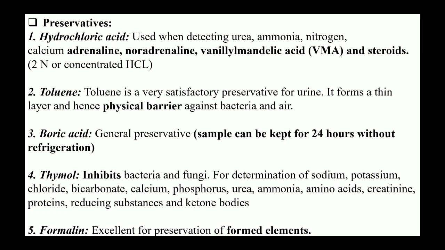And lastly, the formalin. You know from your anatomy practical classes that all viscera are kept inside formalin, because formalin preserves the cellular structure of tissue. So if we are looking for formed element analysis in a urine sample, then formalin can be used, because it preserves the formed elements. Formed elements means the RBC, the pus cell, the epithelial cell, or many other types of cells. So in that type of preservation, formalin can be used.